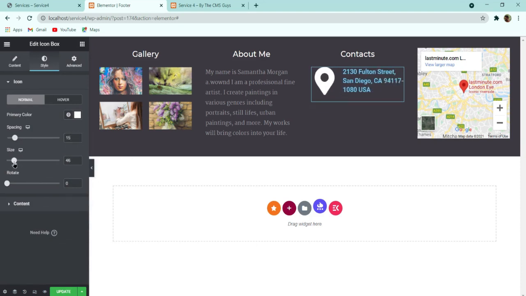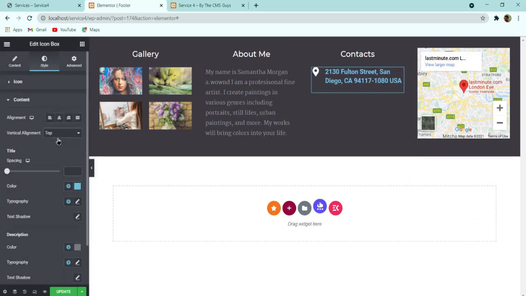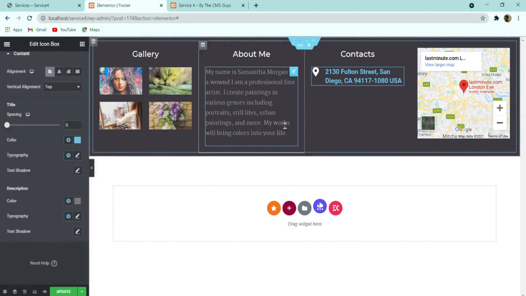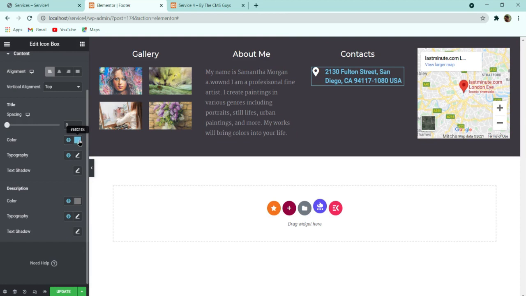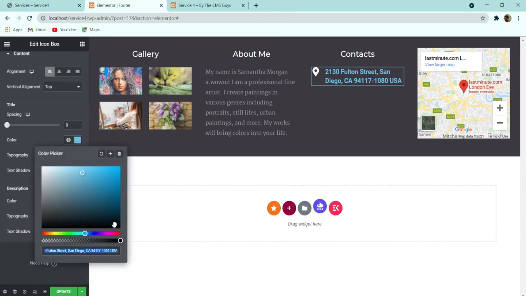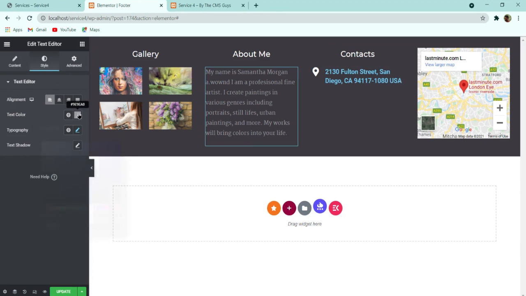And then icon size, let us reduce it, I think let us keep it 30, or you can keep it 25 also. And then go to this content, and here vertical alignment, you can make it top alignment, you can give it left align or center align according to your text. And then here spacing, if you want any spacing you can give, or I will suggest you don't give any spacing. And then here text color, we are using that same text color which we have used over here,